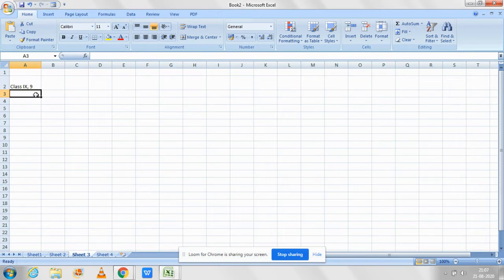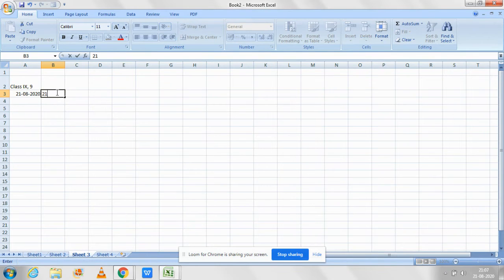Suppose you want to insert the date or the time. So for the date you either put the slash, or you use the hyphen. So automatically, this is the date option. When I put a date option, then it will automatically take the date option.